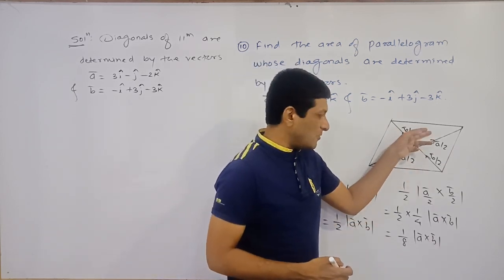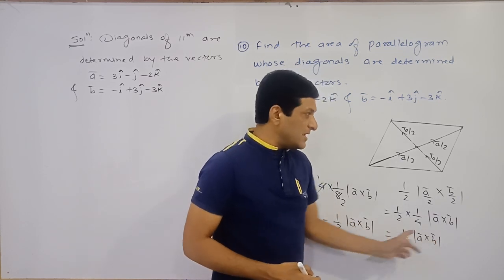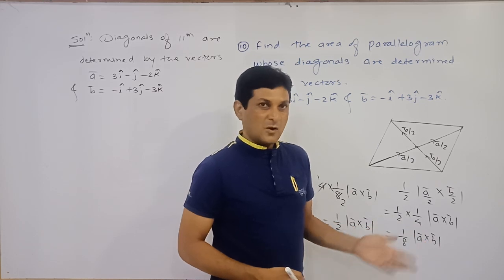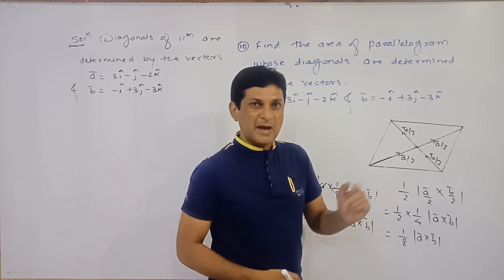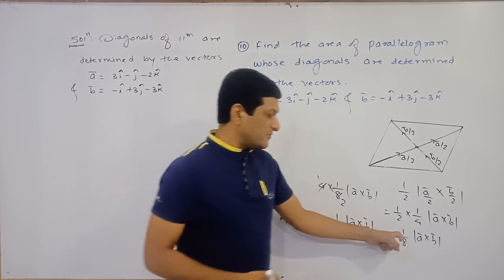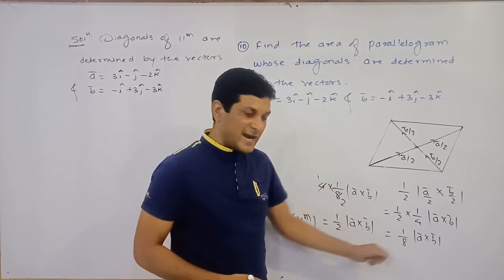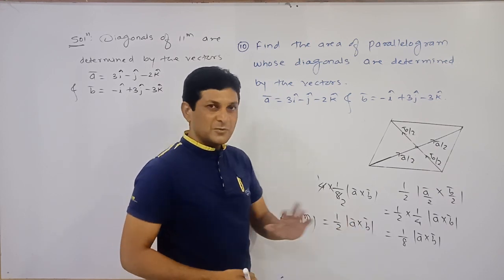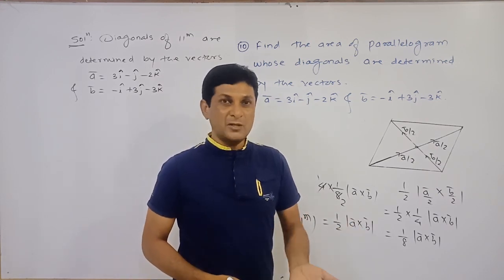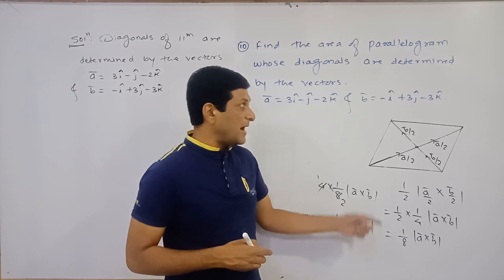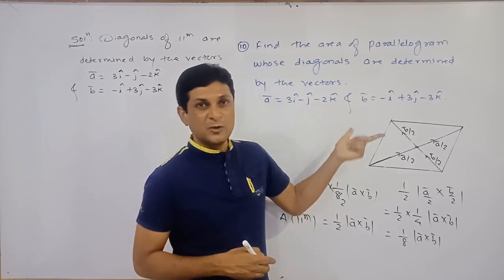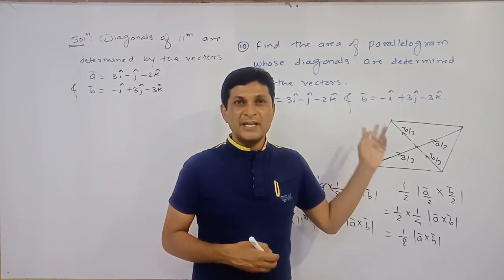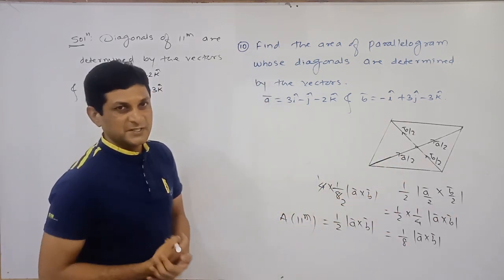So you are getting it. First we are finding the area of one triangle, and we multiply this area by 4, because how many triangles are there? 4 triangles having the same sides, A bar by 2 and B bar by 2. So we multiply by 4 into 1 by 8, which will be 4 by 8. 4 by 8 means what? 1 by 2. So applying this formula, we can find the area of a parallelogram if A bar and B bar represent the diagonals of the parallelogram. So let us apply this formula to find the area of the parallelogram if its diagonals are given to us.